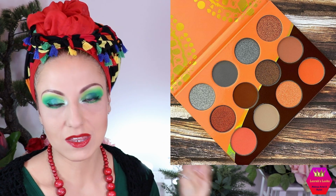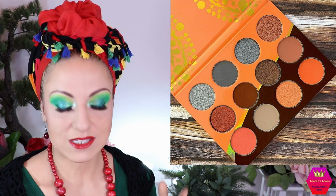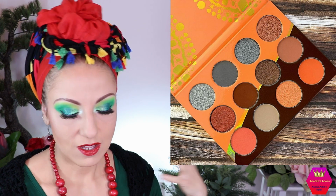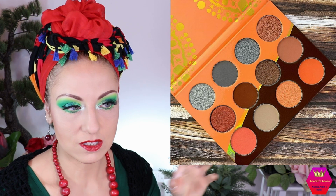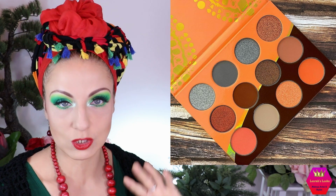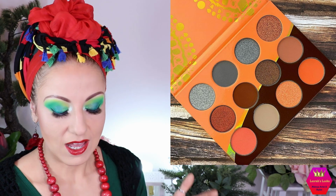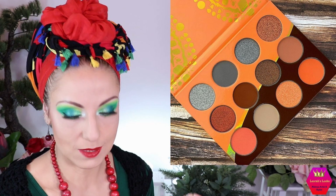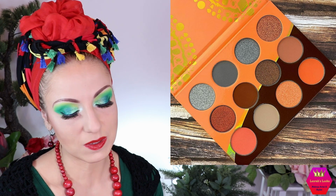First of all, those 3 grays in the top row, I have no idea what that is all about. Because when I looked at this for the first time, I thought they're showing us half of the palette, and these top shadows are still left out, like the color is neutralized, so we don't see the color yet, because they want to show us later or something like this. I did not think for about a day or so that these are actually the colors, but it seems that these are the colors, and I think this is a disappointment, and I'm sad about this